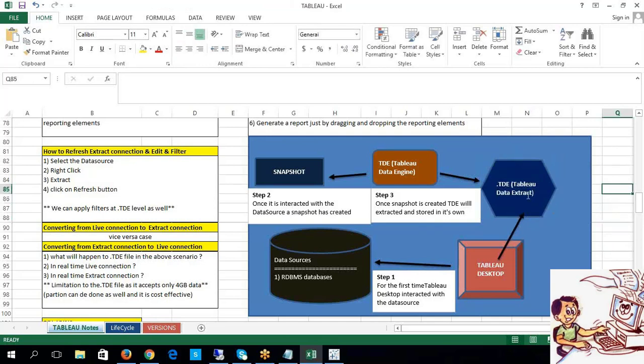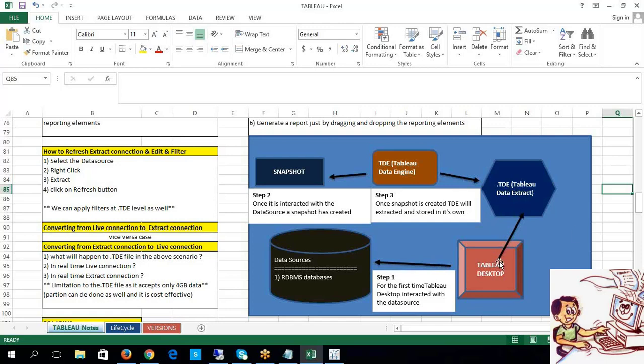I'm dependent on my Tableau data extract file, which means now you are not in touch with your data source. You are in touch with your Tableau data extract file. In this way you can develop a Tableau Desktop report.